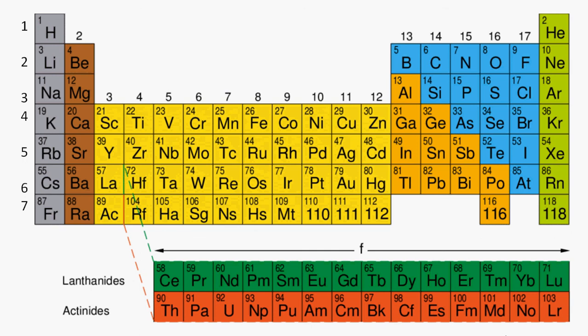And the lanthanides and actinides are separated and not kept in the table because they have somewhat different properties. Okay, and you can see in this seventh row there are some unoccupied spaces. The empty rooms are left for the elements which are not yet discovered but are believed to be existing.